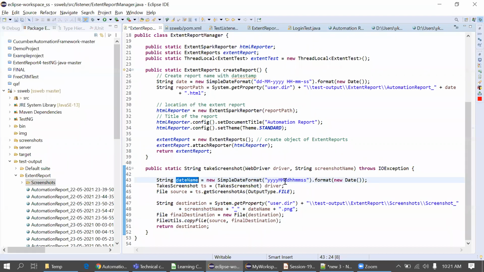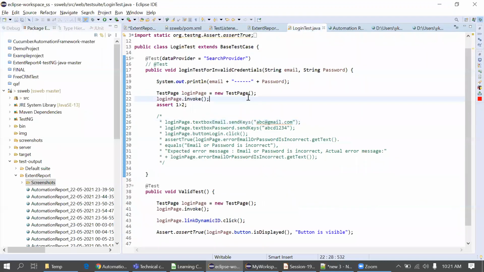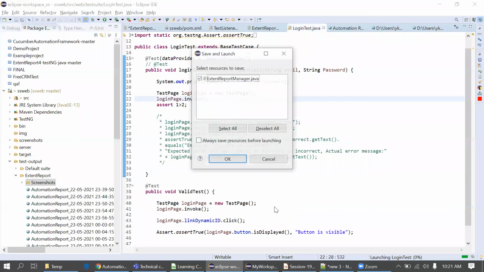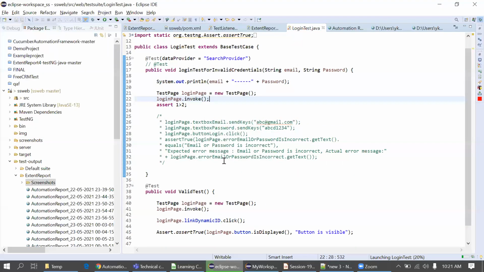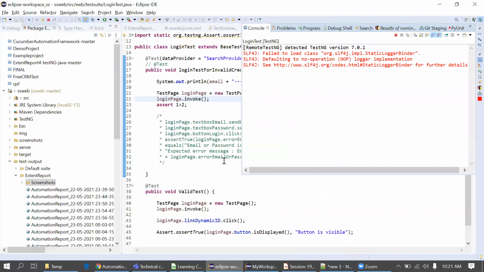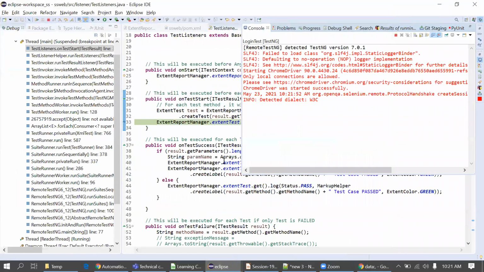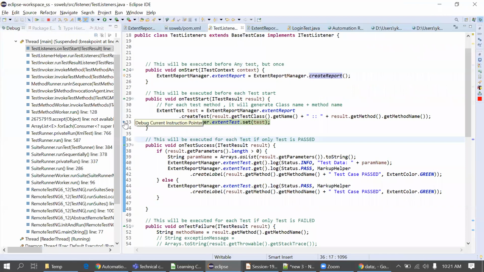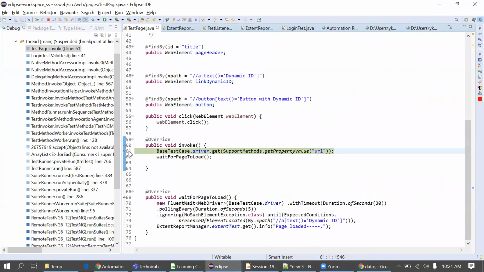It will just return the current date and current time in this format. A screenshot file. Sir, this is not storing the data. I think this is storing, because it will give you the simple list of data. Wait, I'll just debug the code. It's not storing the data. It's just giving the date and time when you're taking the screenshot, I think. Yes. Here you can see a screenshot folder, snapshot, then the date and time.